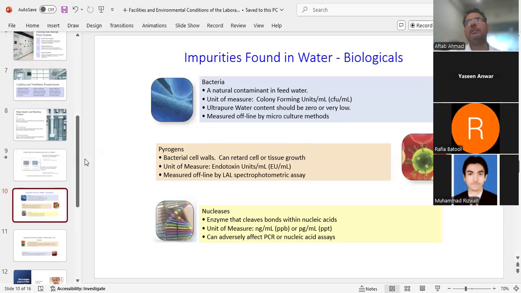For example, I'm right now in NUST. In NUST, they have their own borings and their own circulation system for the water. So they transport the water. So we should know the sources. In some cases,